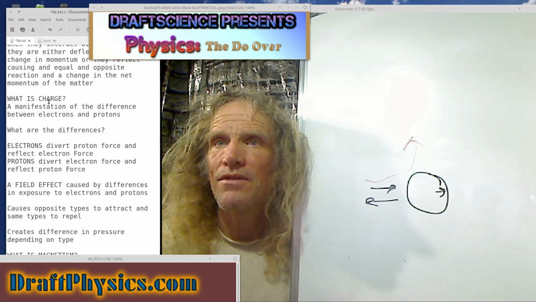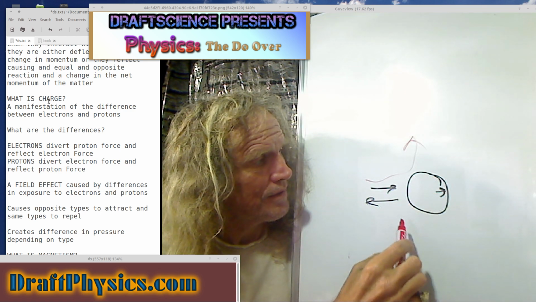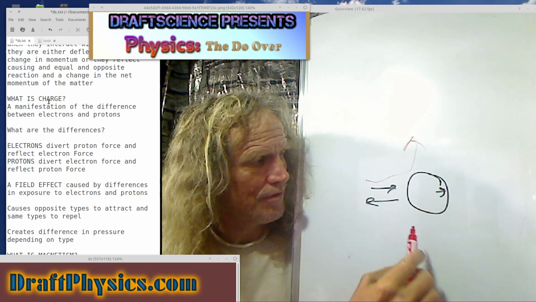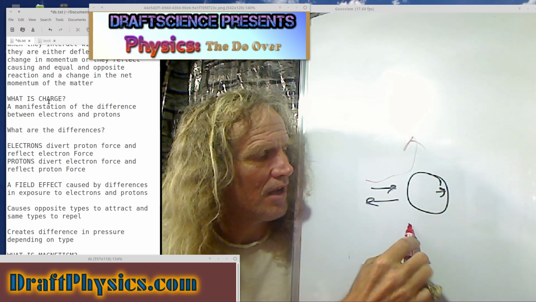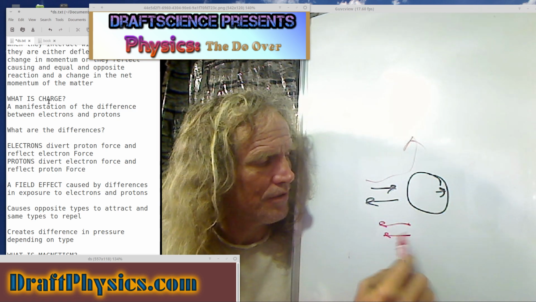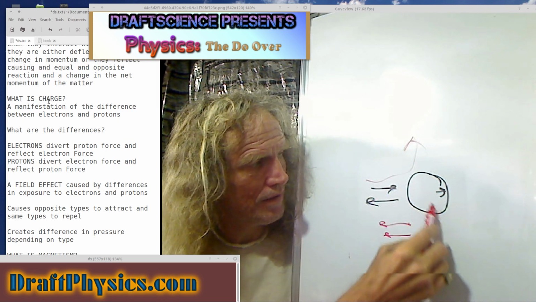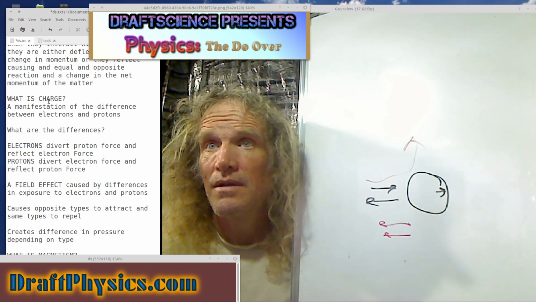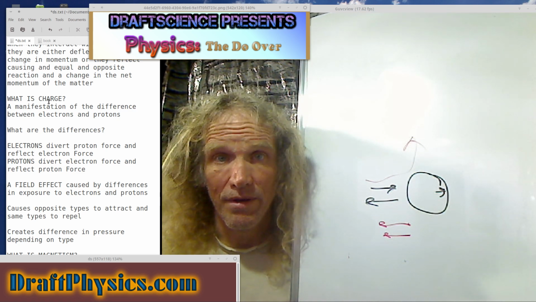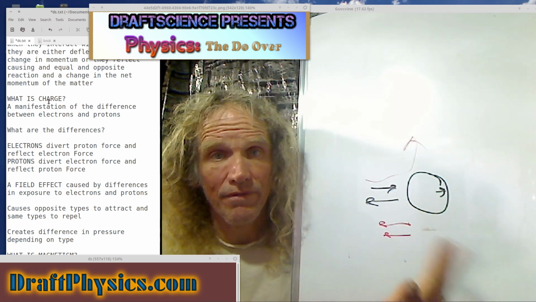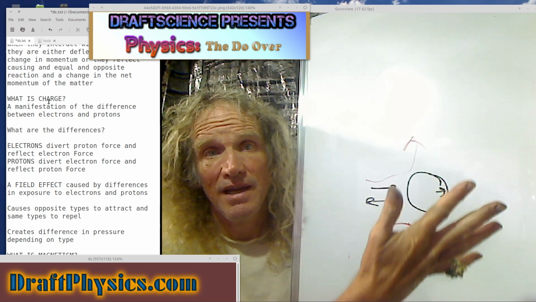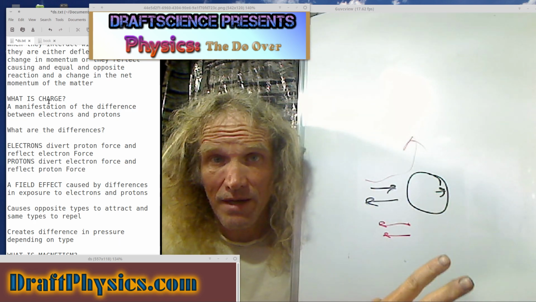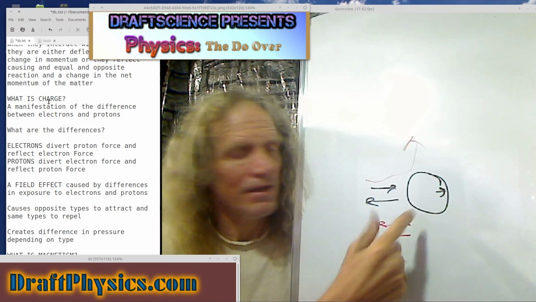So it's a field effect. What's really happening is protons and electrons will reflect back to the universe, or give back to the universe, a difference. They'll make the universe look different. If you hit an electron, the universe will look different than if you hit a proton. And that's the important thing: what's radiating off of the thing. What goes in comes out. And the fact is, if you hit the electron, a different universe comes out, a different look than if you hit the proton.